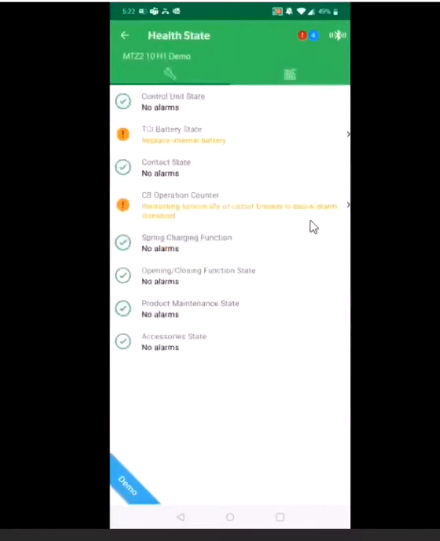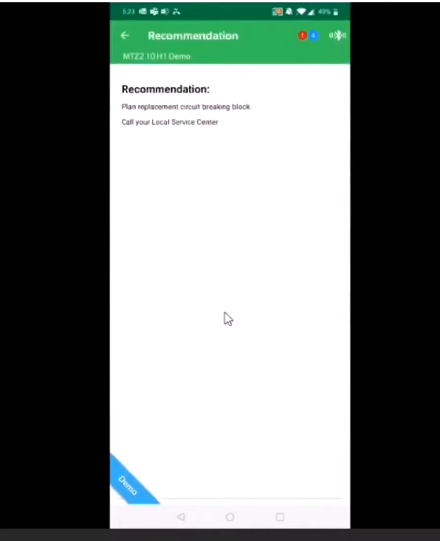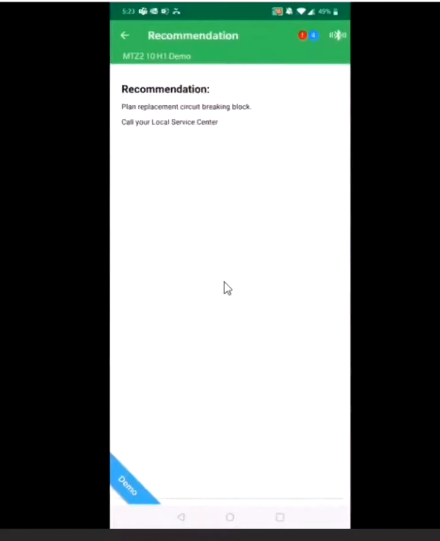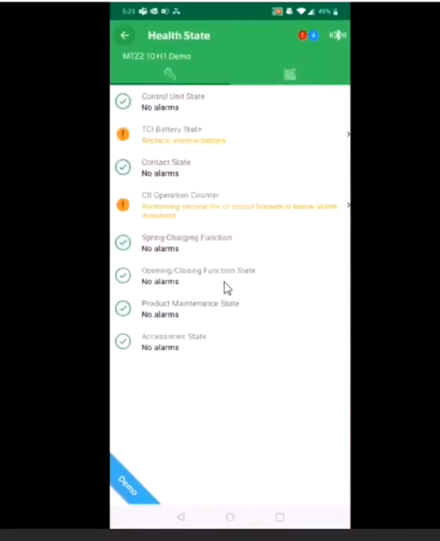In most ACBs or devices, you will see the warning information, but nobody tells you what to do with that warning. Here the MTZ app will tell you, once you click on the warning, the recommended action to take and how to resolve that particular warning.